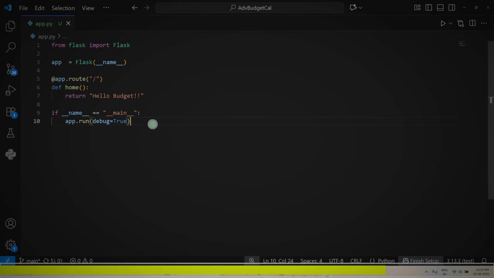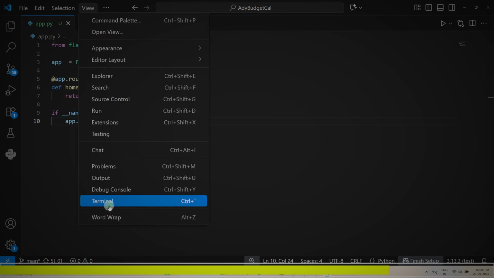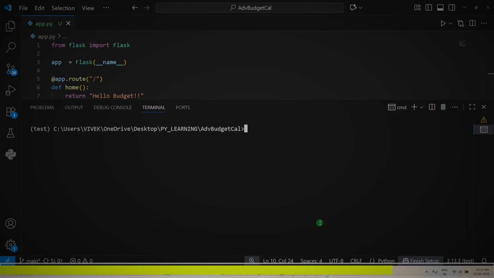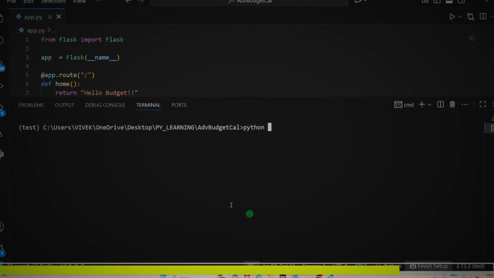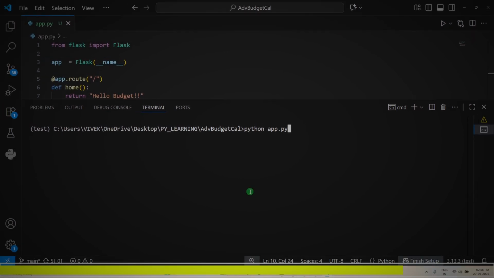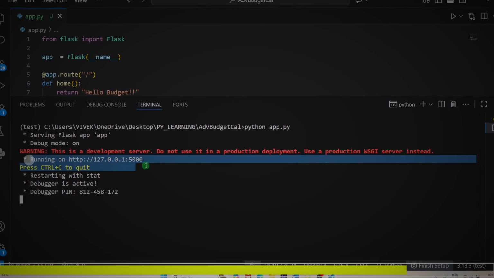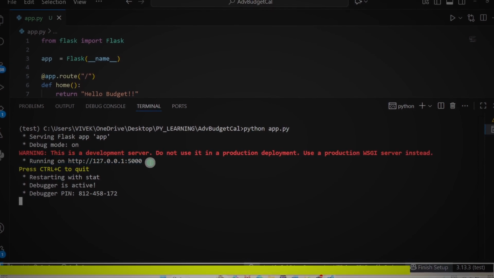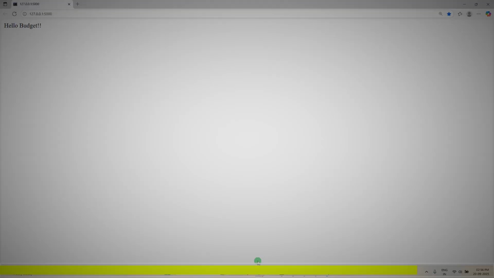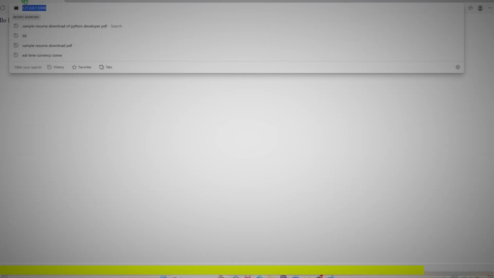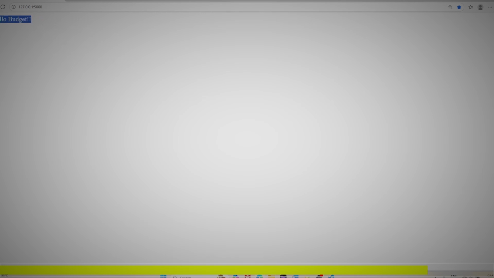Now to run the web application, we have to go to View and then Terminal. Let me clear this. Here, just type this command, python, and then give the name of the file, that is app.py. Hit enter. This is the URL or the root URL I was talking about. To check the output, click on this link. It should run our browser like this, and it will show the output. This is the root URL, and right now we are just returning a simple message, right,